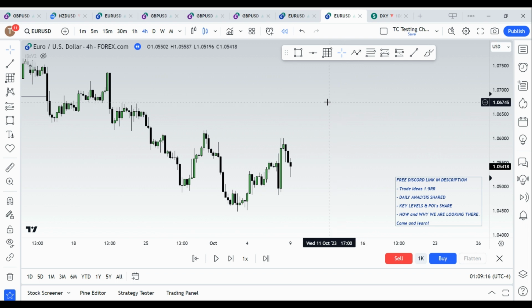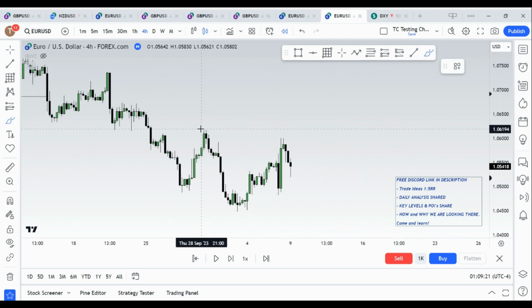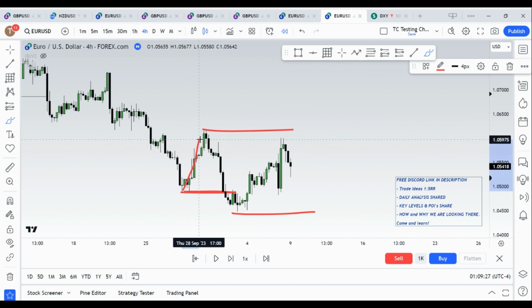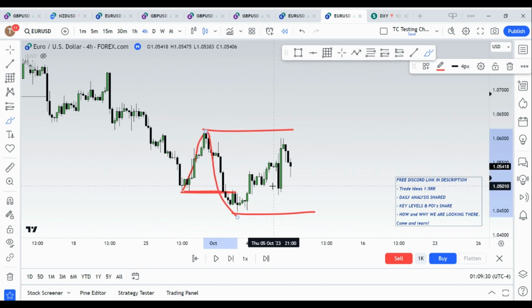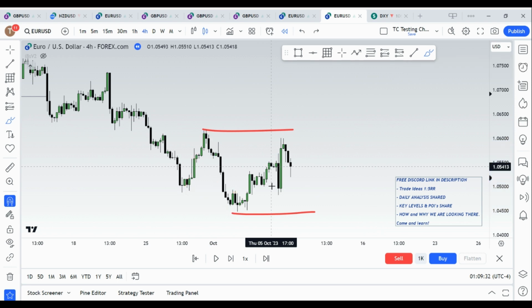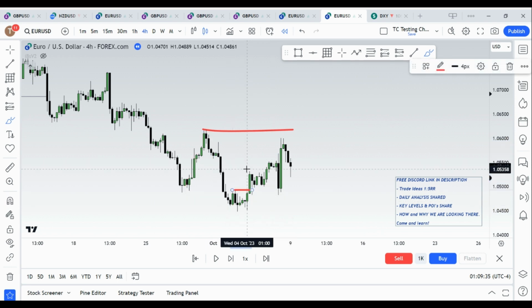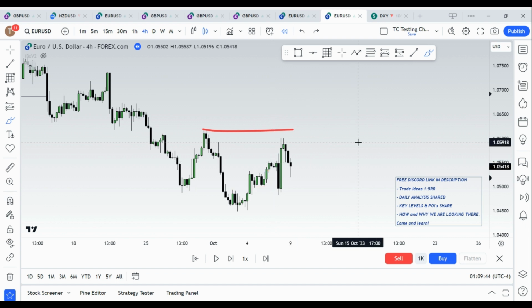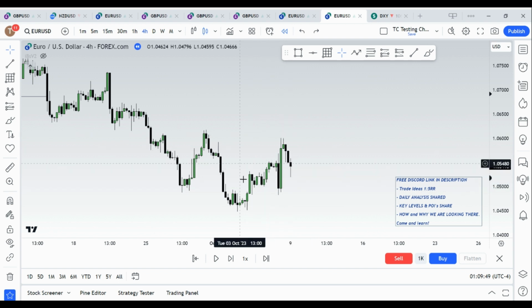I'm currently on the 4-hour time frame, and as you can see, at this moment in time, we're trading between this structural high and this structural low. We've got this break of structure here, so we are currently externally bearish. However, we do have this internal structure which is being taken, and obviously we have these internal lows that are being run and putting in new highs. So we can presume for at least the short term that the internal structure is bullish and is holding